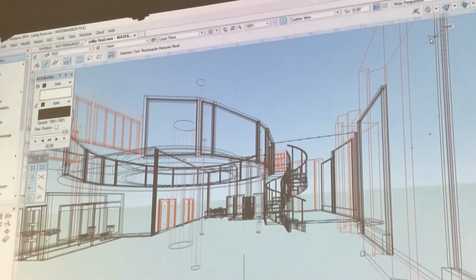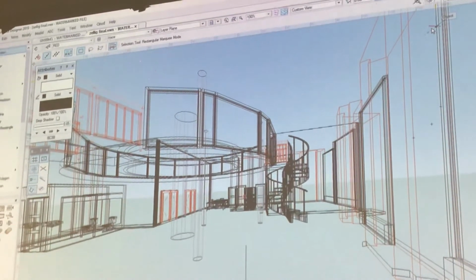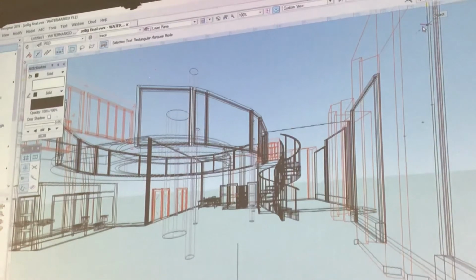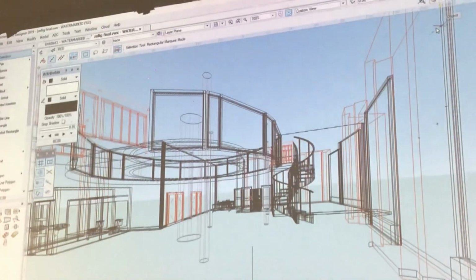If you're just doing like an overview kind of thing, you could get away with wide angle. Or if you're doing like a small detail, for instance, like maybe you've modelled a custom piece of furniture and you want to zoom in on that,